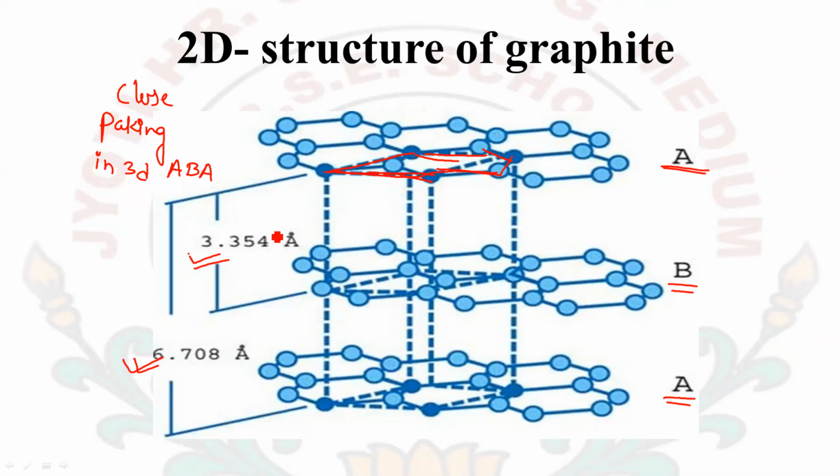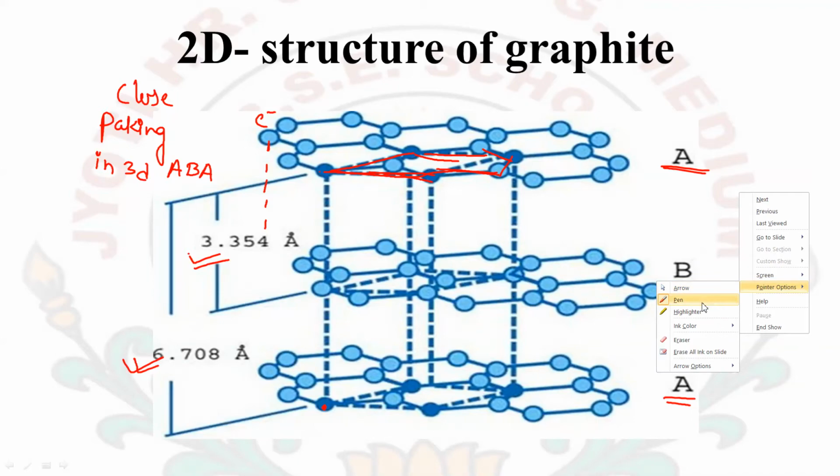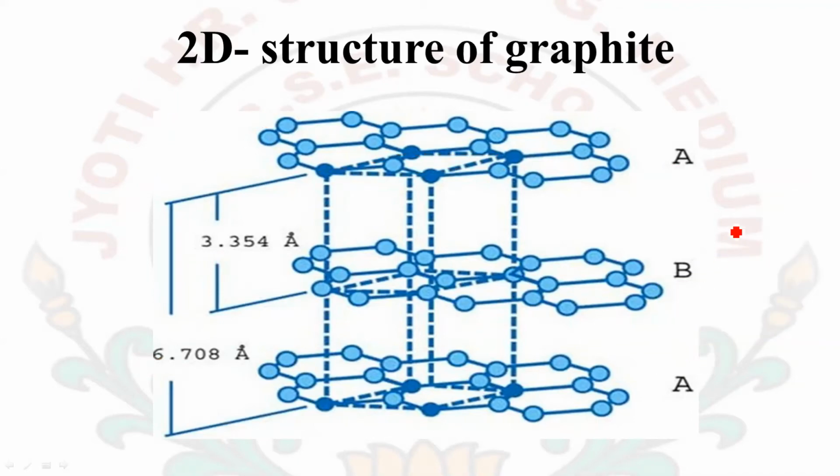Here you can see that these carbon atoms are not attached to any of the carbon atoms below, and hence they have one free electron. While these carbon atoms are attached to the next layer of A. Here you can see that this carbon atom is attached to the next layer's A carbon atom. Due to this reason they are soft, and softer in comparison to diamond, because the layers are very far away from each other and no direct layer attachment will be seen here.